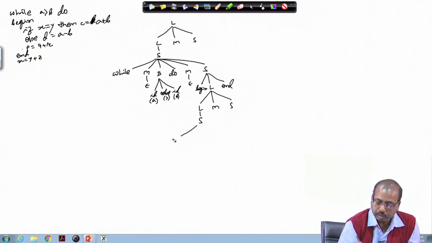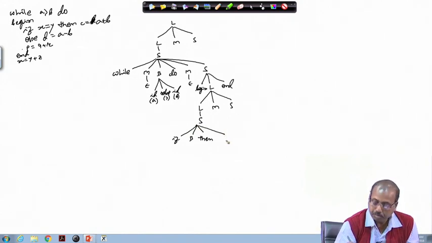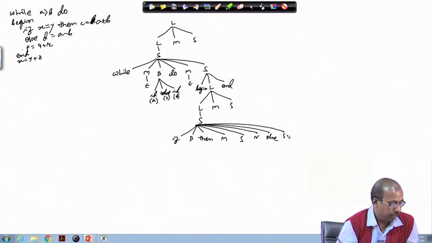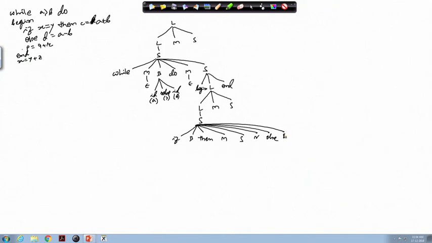This L should give me S, and this S should give me the if then else statement. So, it is if B, then M S N else, sorry, L M then S. So, this is the if then else statement.